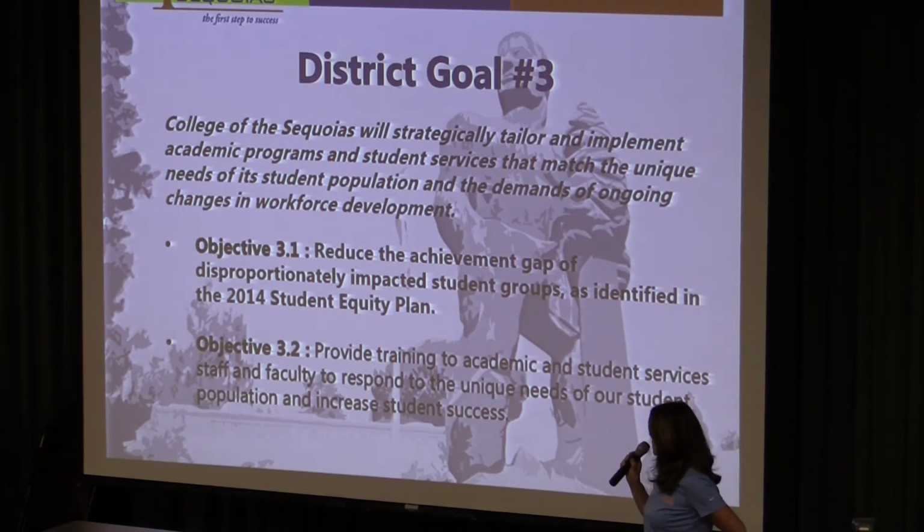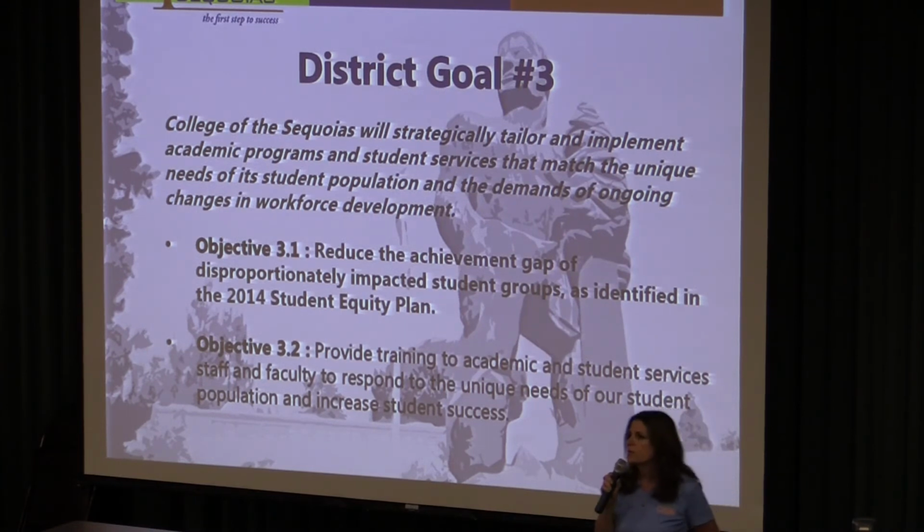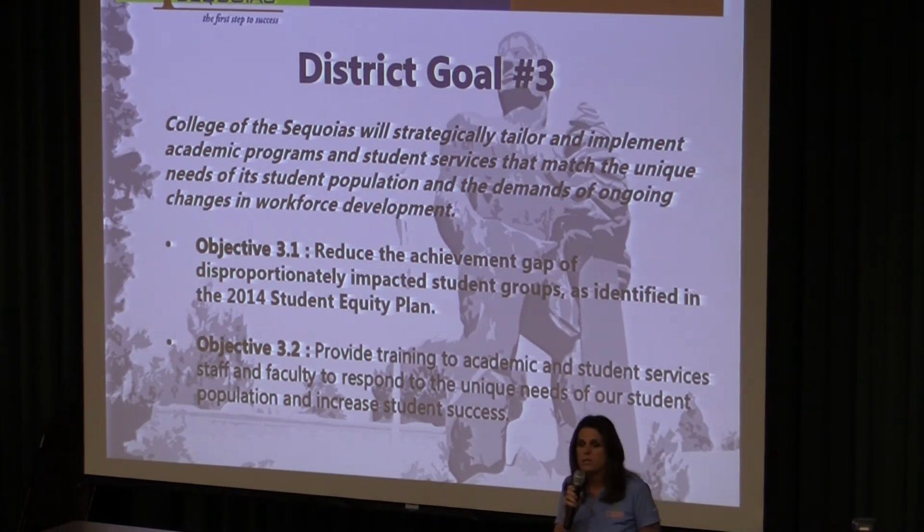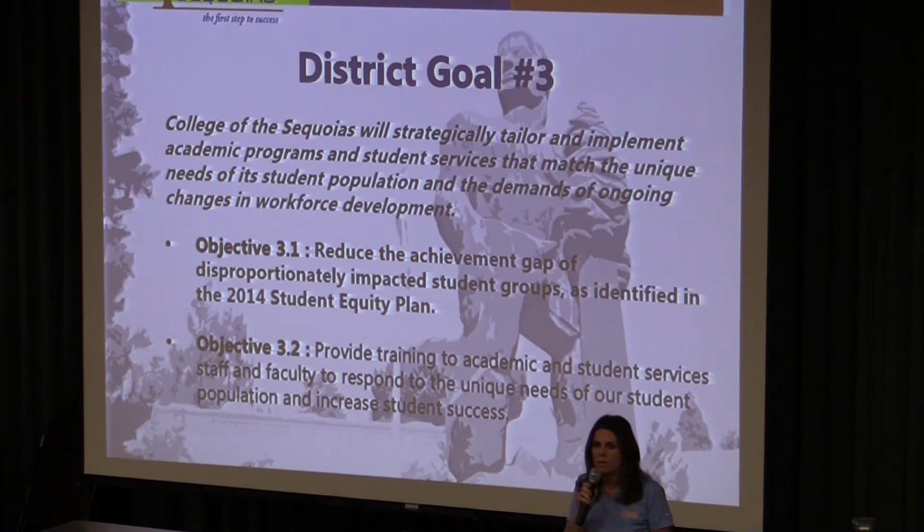And the second one, objective 3.2, that we're recommending is to provide training for all of us, faculty and staff, on how to work with our students who have unique needs. How might you differentiate your teaching for a first generation student? And for staff, we know that most first time students may meet 7 staff members before they ever see a faculty member. So how do you communicate with a first generation student who doesn't have a lot of information about college? What kinds of things can we do to help that student?